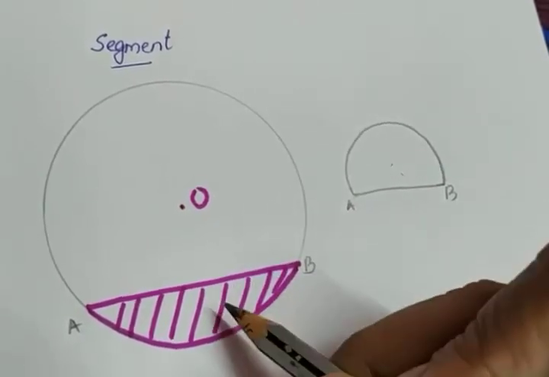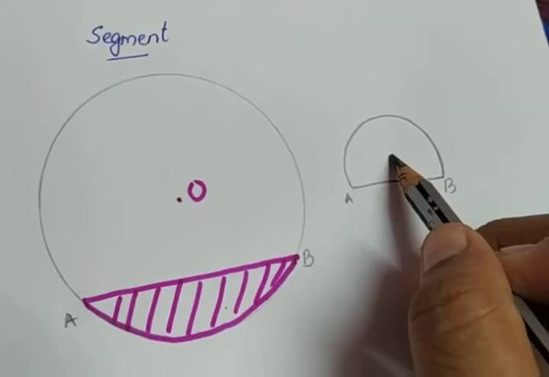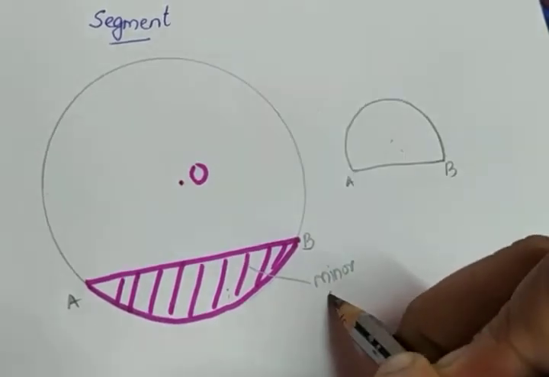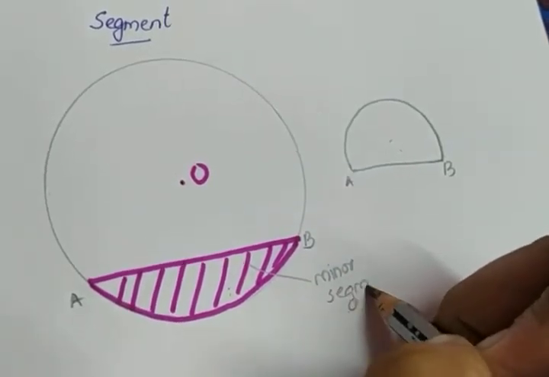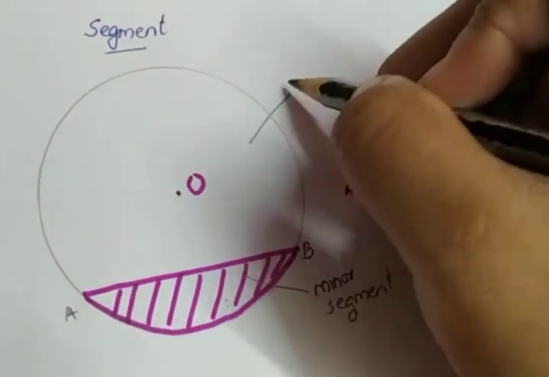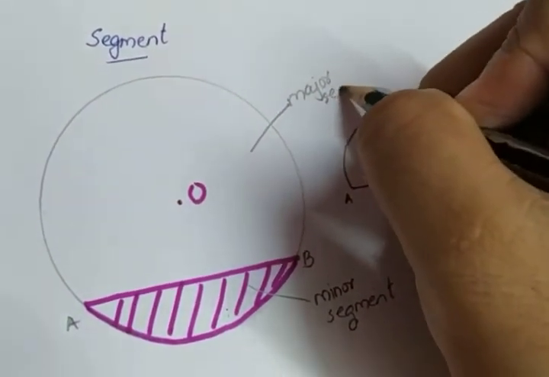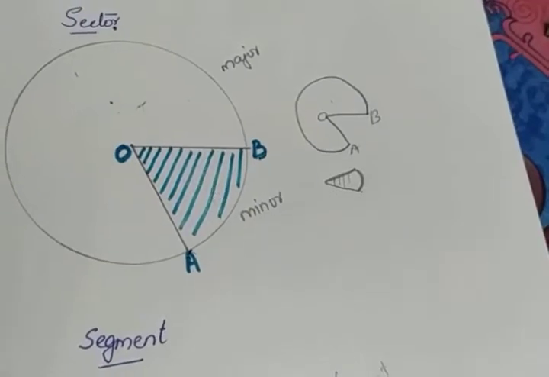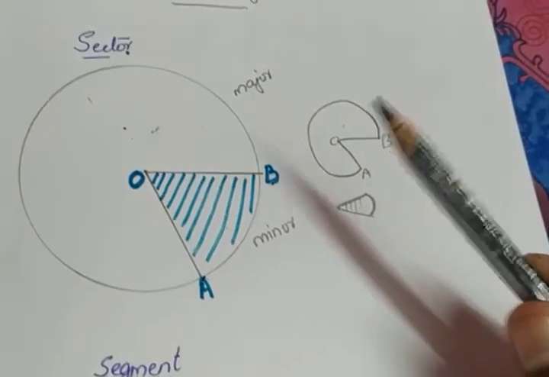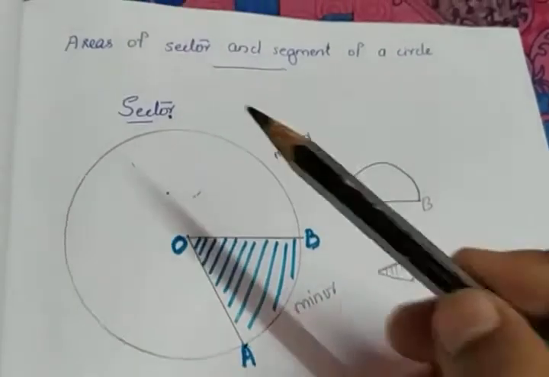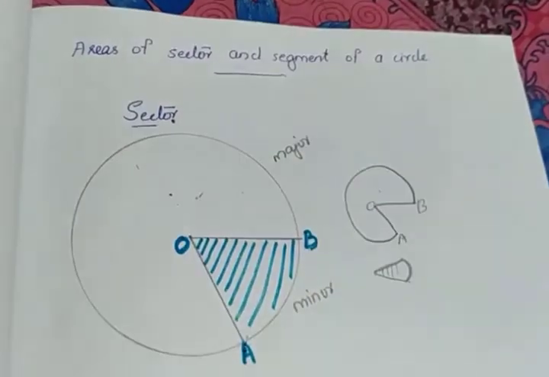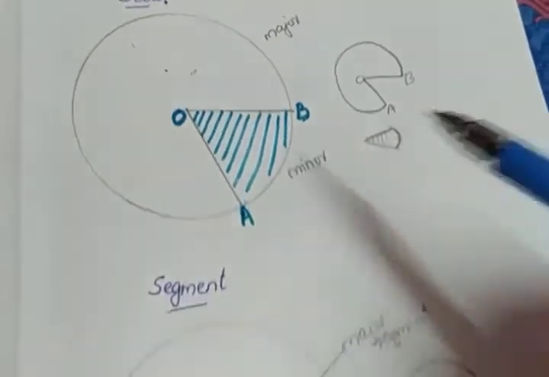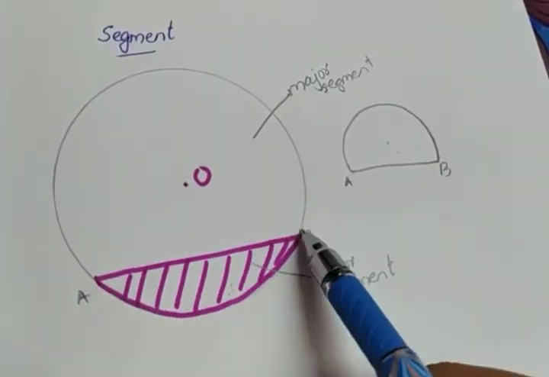So what makes the difference? Here it is smaller in area. This is bigger in area. So the smaller segment is called a minor segment and the bigger one is called a major segment. In this figure also the shaded one is a minor segment. The bigger one is the major segment. Major and minor can be identified from the figure, but the common mistake you make is not being able to identify the difference between sector and segment. The easiest way is sector ends with R, so it is in connection with the radius. Sector is an area enclosed by two radii and the arc. Segment is the area enclosed by a chord and the arc.